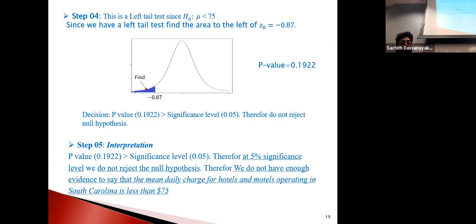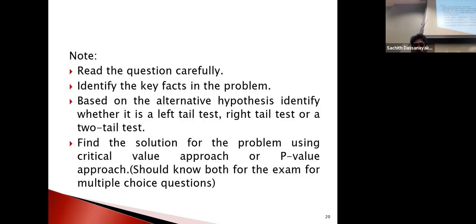In section 9.4, I told you sigma, the population standard deviation, is simply given. What happens if you don't know sigma? Assume that you don't know sigma. Then you cannot use this approach, which means if you don't know sigma, you cannot use the one mean C test. Instead, you can use another test. We will talk about it in the next section, 9.5. But check these notes; I think it's like a summary.